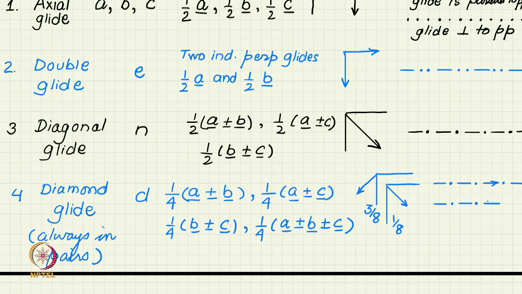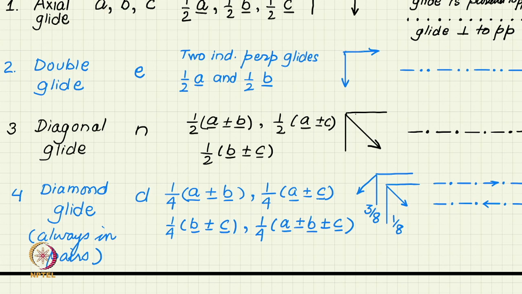Some of the dashes have arrows. This is how it is distinguished from the diagonal glide. In the diagonal glide, there is only dash dot, but here it is dash and dot with some of the dashes having the direction of an arrow, and that arrow is significant because